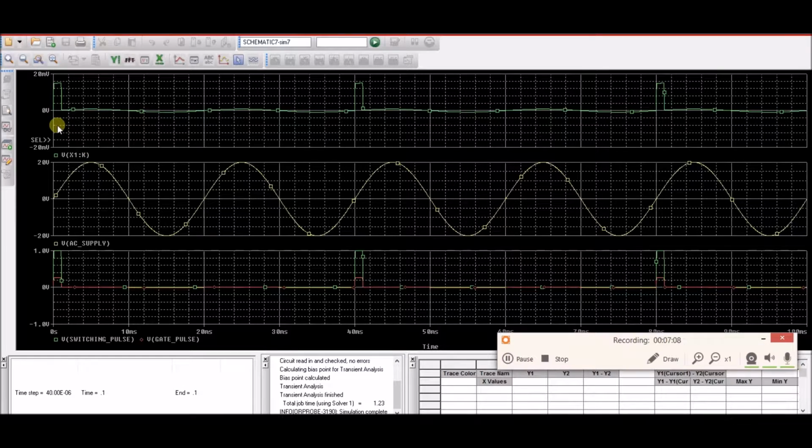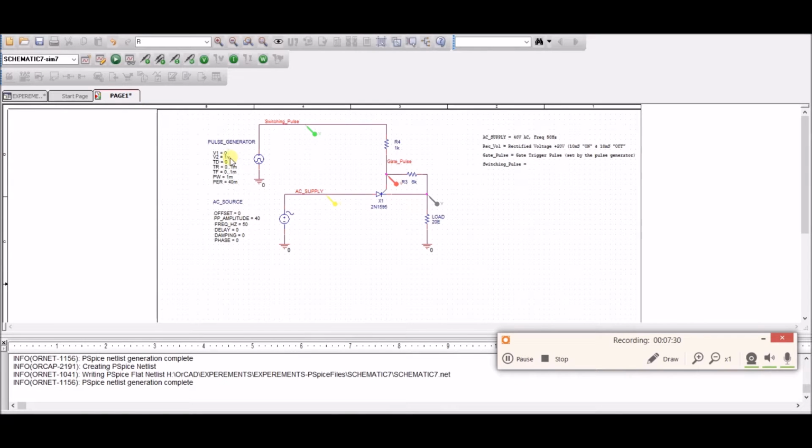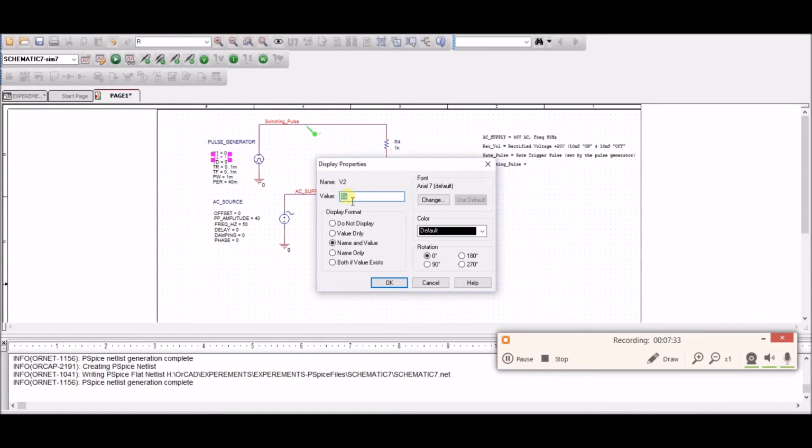So basically it is less than 20 millivolt for a 1 volt pulse that we are giving. Basically it is in an off mode state. There is no conduction as such, except for the small leakage current. It is specific to the device that you choose from. So let us see what happens when we increase this volts to about